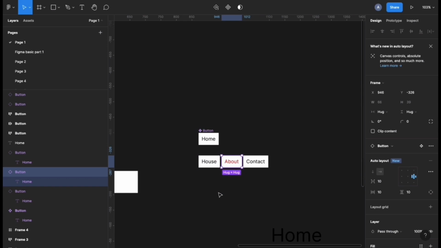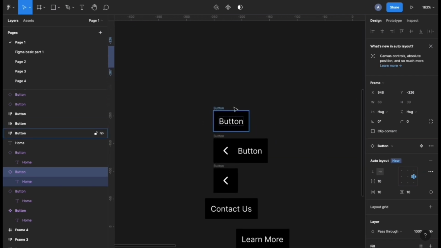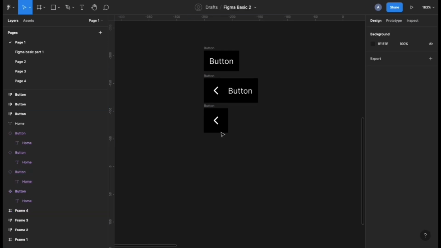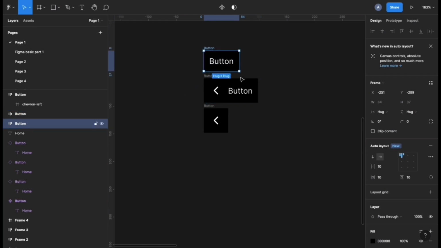So let's say, for example, you want to create different varieties of this component, right? Without needing to do it every time. An example of that is what I've done here. So I've had a button, and there's a button with an icon, right? And there's a button alone without an icon, right? And all of these are not a component yet, right? And you could make them a component. So let's now say, for example, I want to create these different types of components that have their own independent values,